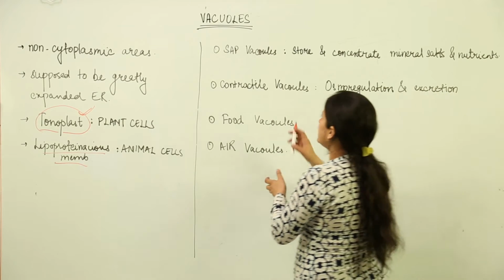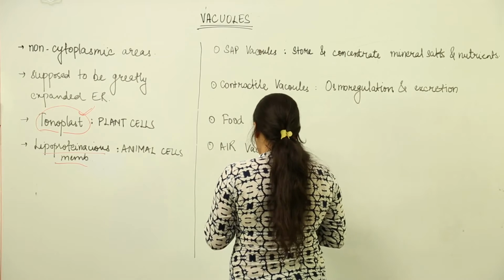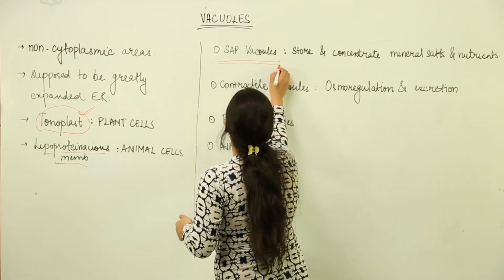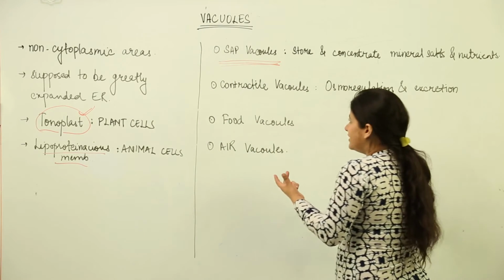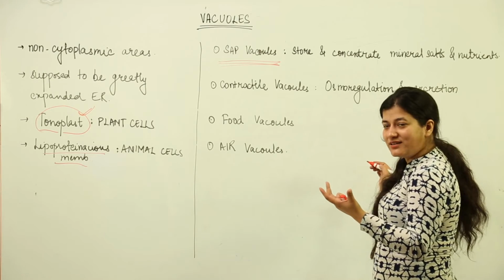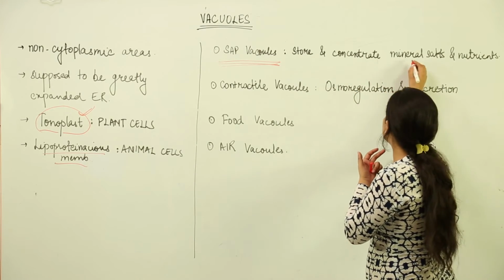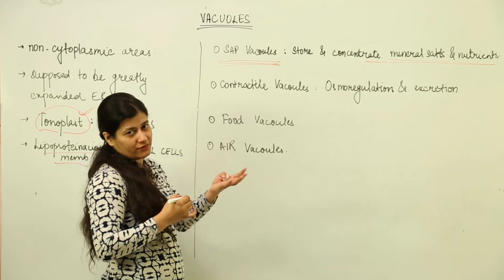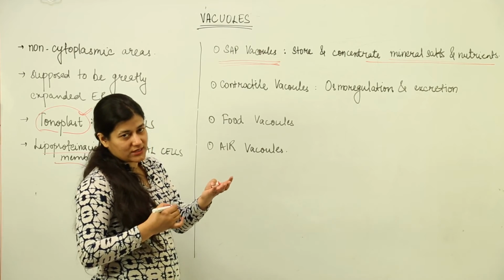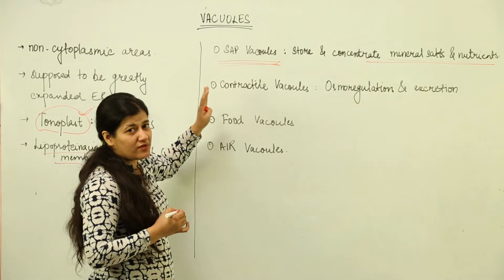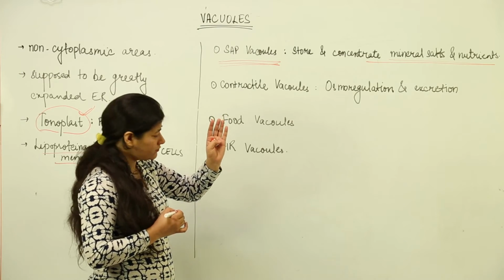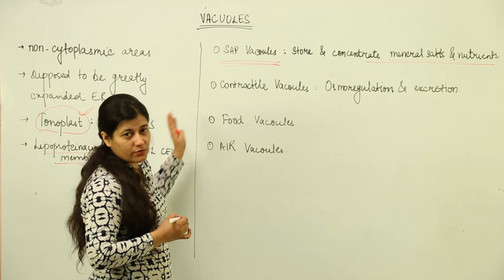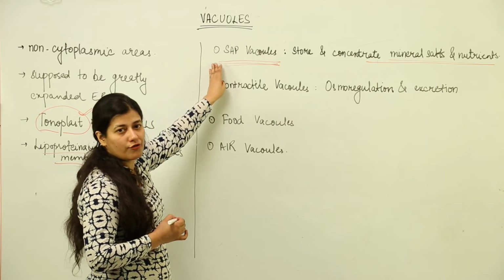First one is the sap vacuole, the one which you drew in your earlier classes, the large plant cell vacuole which was filled with water, and often in your earlier classes books colored in bluish color to give the appearance that it is storing water. It stores and concentrates mineral salts and nutrients in the case of plants, and whatever material has the mineral salts inside it happens to be sap, and that's why we study ascent of sap, which is carried out by xylem. So we have the sap vacuoles which would be surrounded by tonoplasts, and they would be characteristic of plant cells.